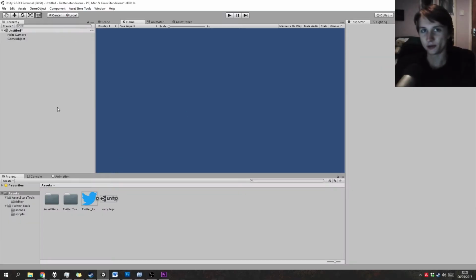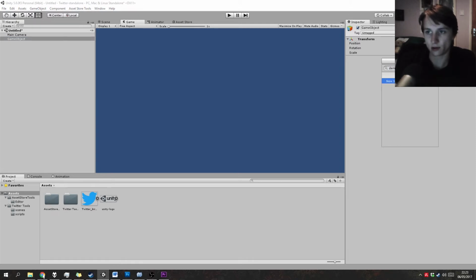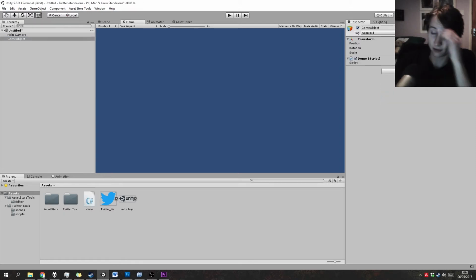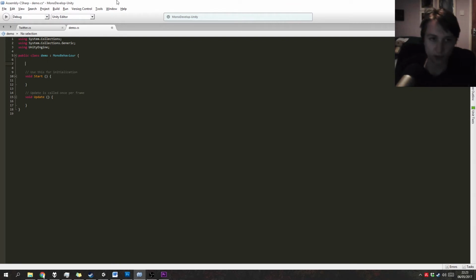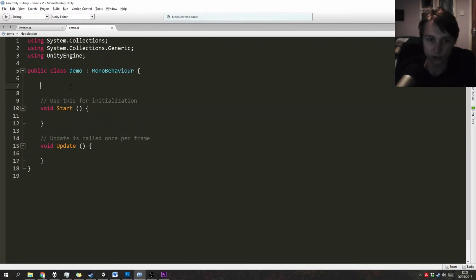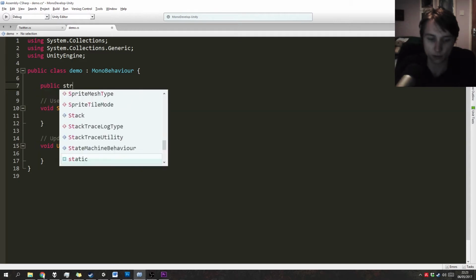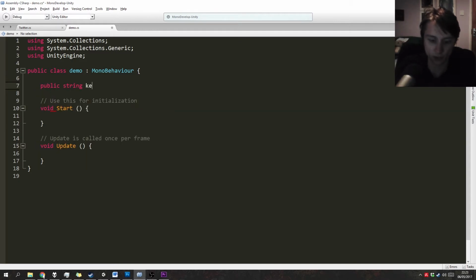So here we are in Unity. This is a fresh scene, and we'll have a camera and a game object. So let's start doing stuff. Let's make a little demo script. So the first thing we need to do is get our access token, and that's going to allow us to access our API and do a whole host of interesting things. So we're going to need our key and secret, which we've just gone over, and we're going to make our